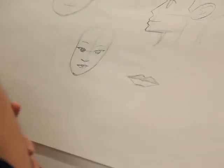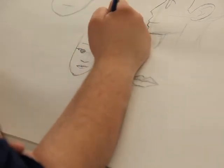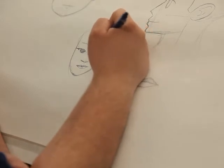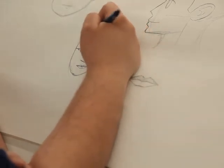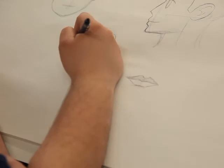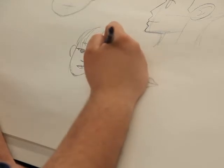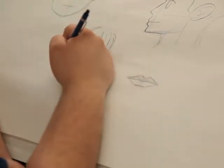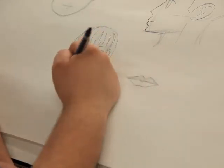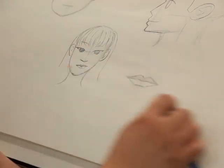Now let me think of a hairdo. Okay, I think I got one. Just some basic bangs going on. Through your ears. So I guess a side view of that would be